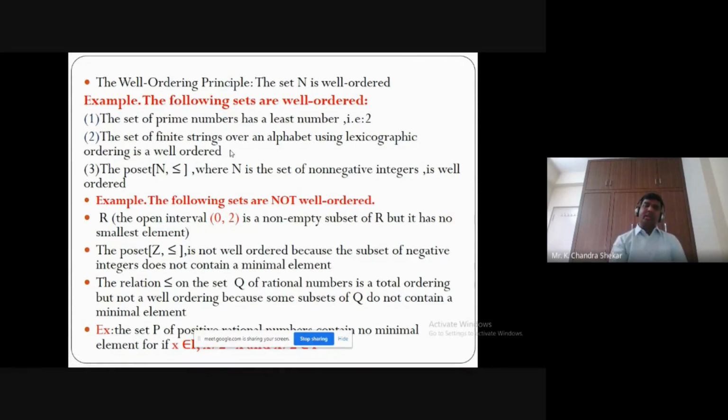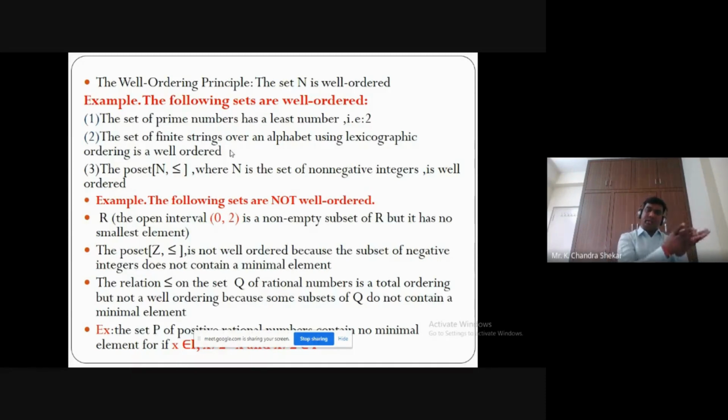Say for example, if I take the names and start as per the alphabetical order, I'll start with A, then B, then C and so on. Like if you consider a dictionary, you have all the words sorted, which you call lexicographic ordering. Say for example, if I consider the letters A to Z, and I go on writing all the possible strings,